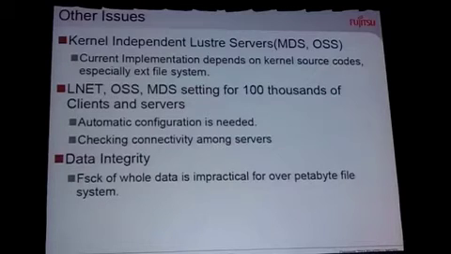The other topics are related issues. The first is kernel independent servers for MDS and OSS, because we support Red Hat and such distributions that do not change the kernel. So a patchless, kernel independent server is very, very needed. The current implementation depends on the kernel source code, especially the ext file system. That's the problem. And the second issue is LNet and OSS/MDS configuration settings